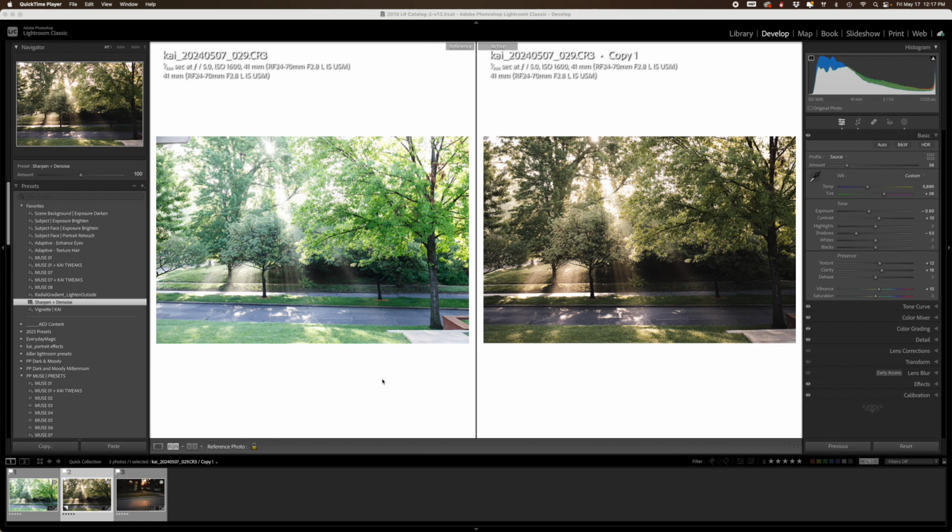In today's video, I'm going to show you how I use the Radial Gradient Tool to add and enhance the